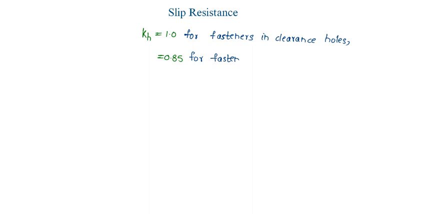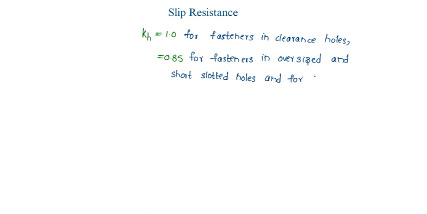as 1 for fasteners in clearance holes, whereas it is 0.85 for fasteners in oversized and short slotted holes,